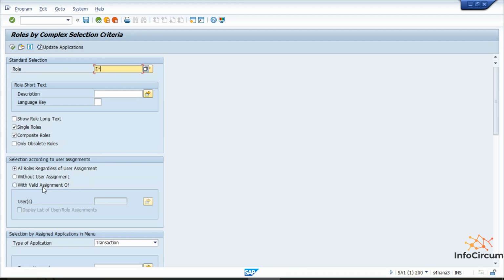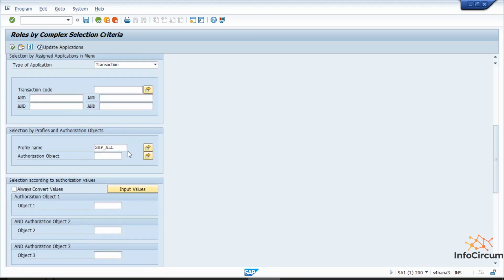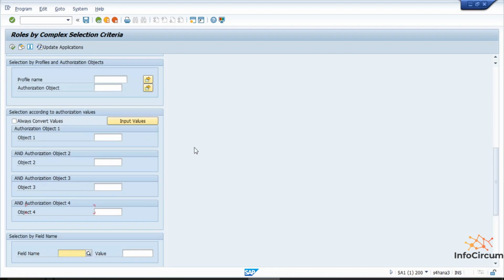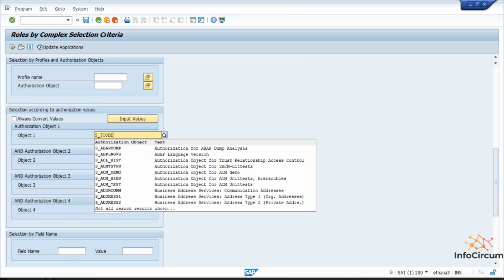I can also find out the list of roles that are assigned to a specific user, such as user 1. The profile name is set as SAP all, but for now I am removing it because it will not show anything here. Object, like I am giving the object as S underscore T code.